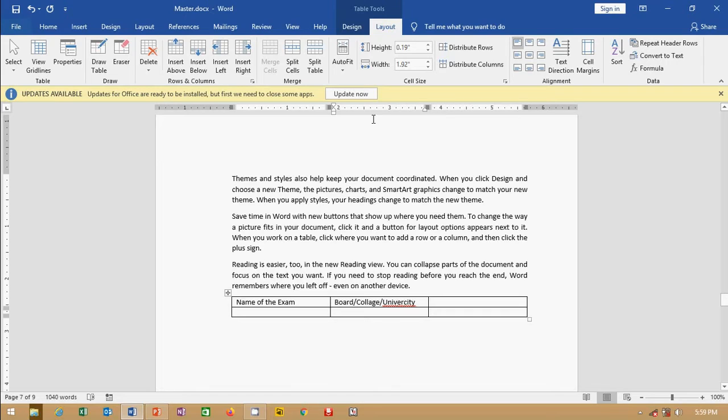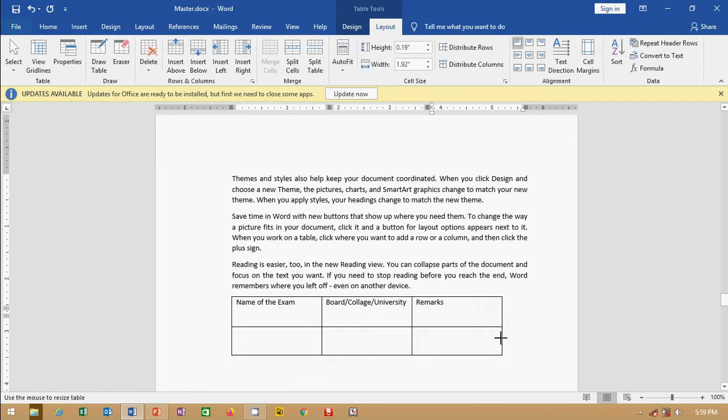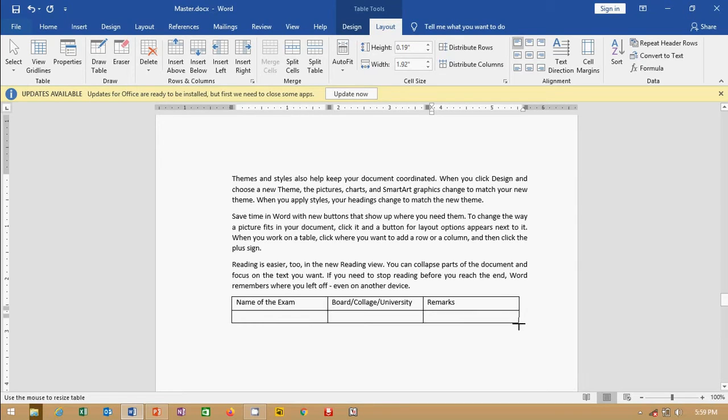So you can change here. There is a spelling mistake, university. Then you can put here remarks like this. You can make it bigger or smaller like this, whatever. If you want to make a bill, you can use the table.